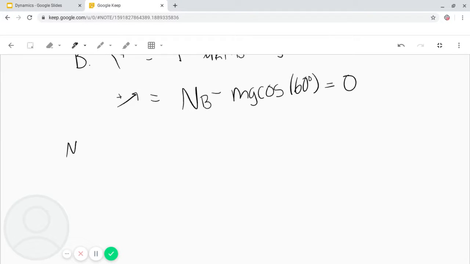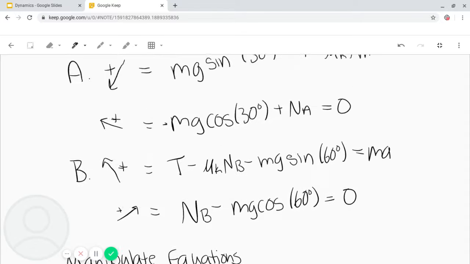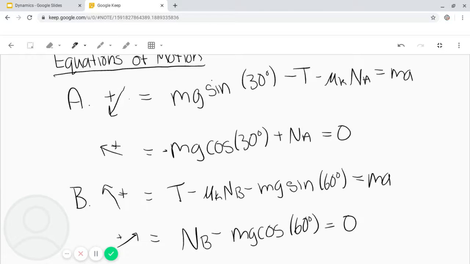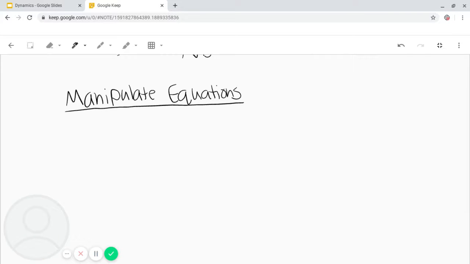So, manipulate equations. Okay. What I'm going to do is sum this equation here, which I'm going to label 1, and this equation here, which I'll label 2, so this will act to eliminate T. So, I'll say 1 plus 2 equals,